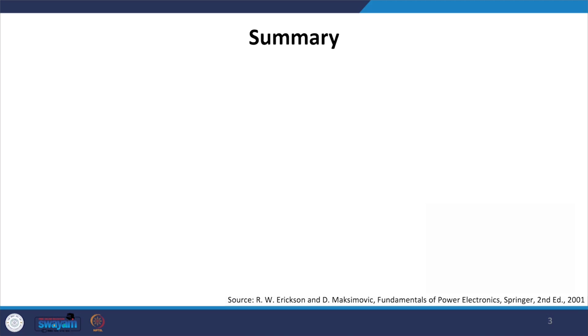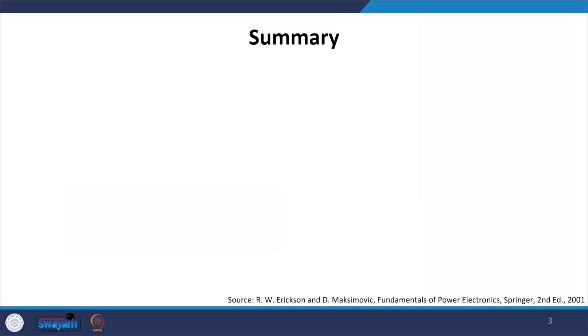Now let us try to summarize the different points we have covered up till now. In the summary, there are some specified quantities, that means they can be easily obtained from the specification, and there are certain quantities which we have to obtain, particularly the core dimensions. Along with that we have to obtain the peak AC flux density, primarily the optimum peak AC flux density such that our overall losses in the transformer are minimal. Similarly, we have to obtain the wire sizes, or the area of cross section of the wires, and then the number of turns. So, those were the design outcomes.